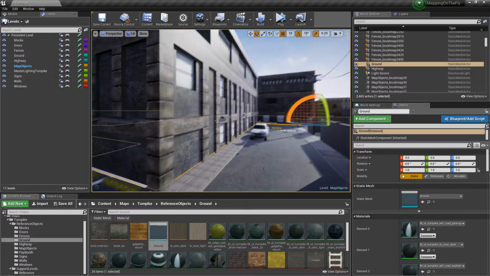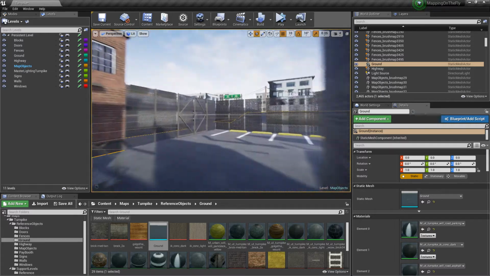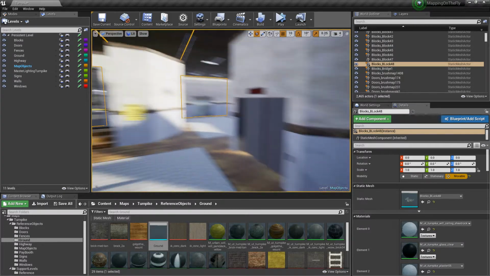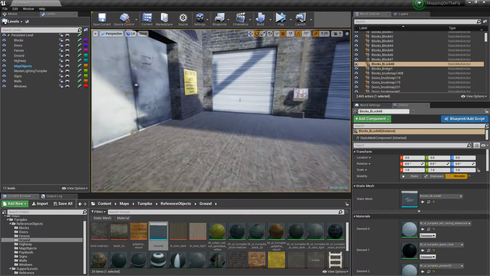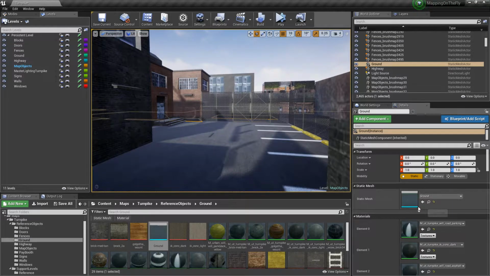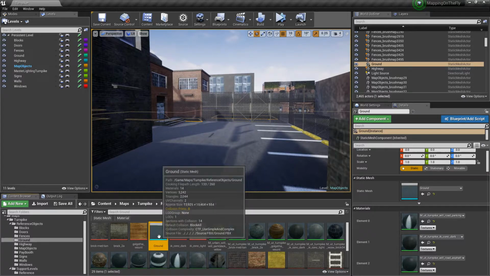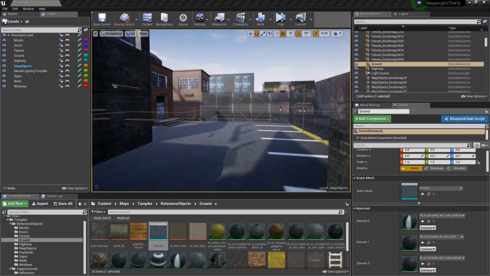So we can go ahead, and as I mentioned, the most important thing, of course, is to establish your ground as to referencing the player. That would include things like inside a building. Our ground is going to be handled and managed in a different manner than we would, say, a ceiling or a roof, as far as the need for collision goes. As I mentioned, we'll be doing an entire section on collision alone. But to get into it, what you can do is select your static mesh. I have that separated because it's so important. I usually have ground separated into a separate folder. Double click on that and bring that up,